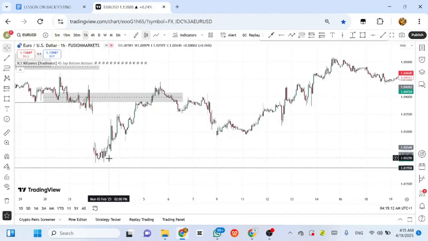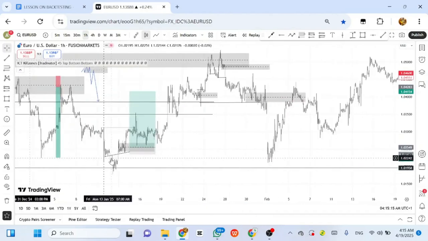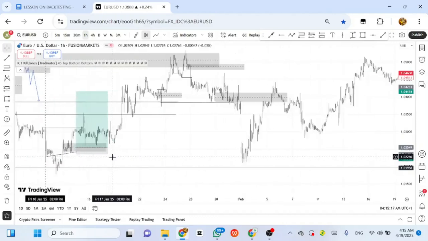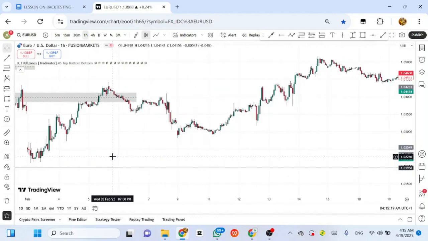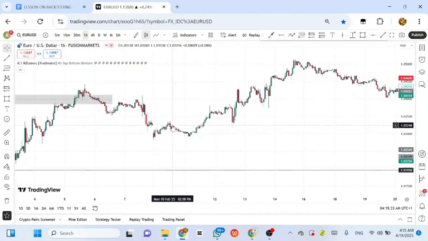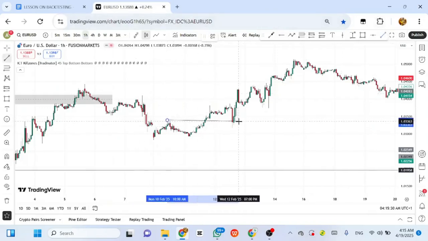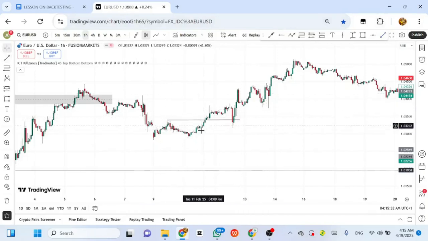So I'll now see this. Market failed to break this. So I know that, okay, what is market trying to do now? Is it trying to do another fishy thing? Is it trying to go up? But I will wait now. Observe. So now this is what? This is a high. Makes sense that market broke this high.